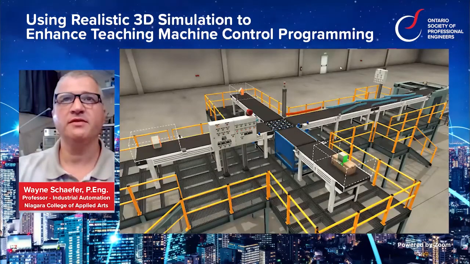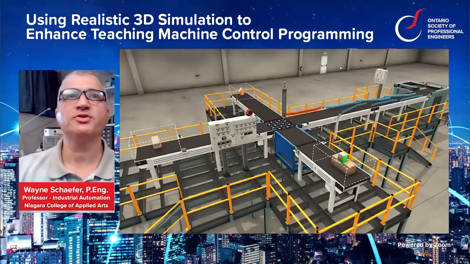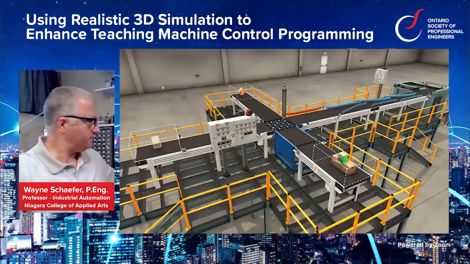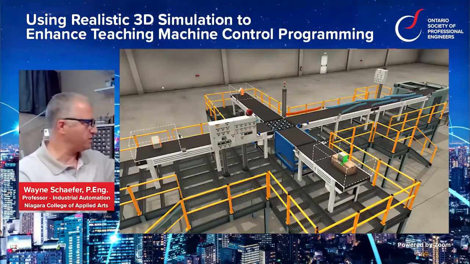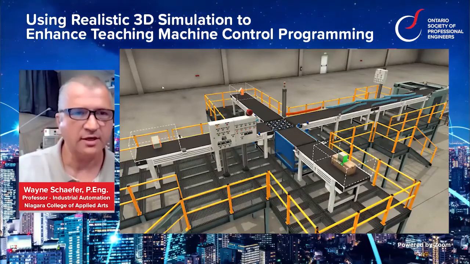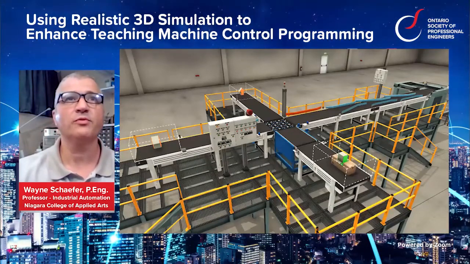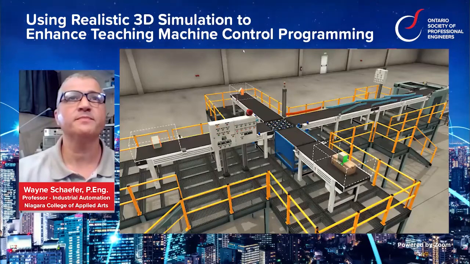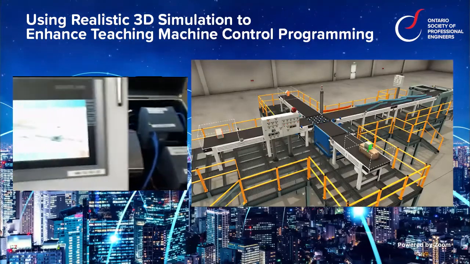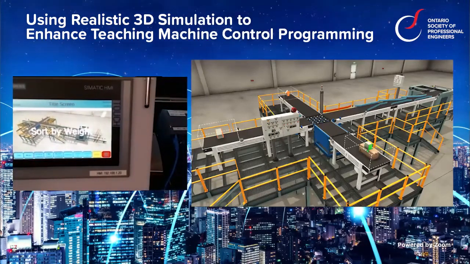Okay, I've brought the Factory IO simulation up on my screen. You should see that now. And behind me, I have my briefcase style simulator with the HMI and the PLC. I'm going to switch over my camera to show you that a little bit more closely before we start up the simulation. Okay, and sorry, I didn't have the camera in the right spot. Okay, so this is a close-up